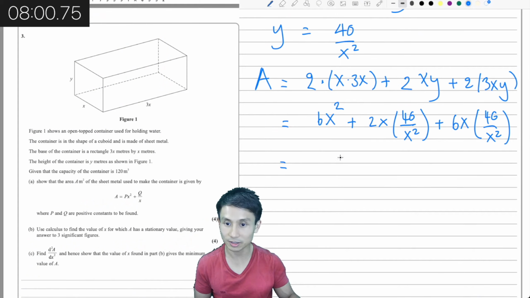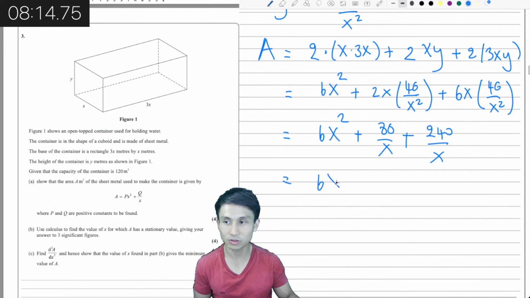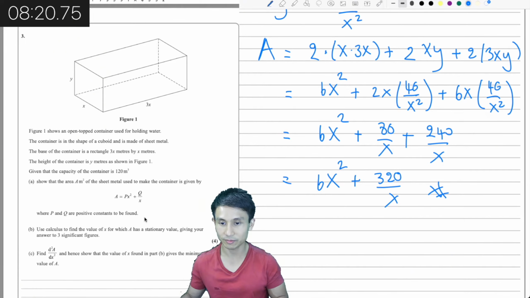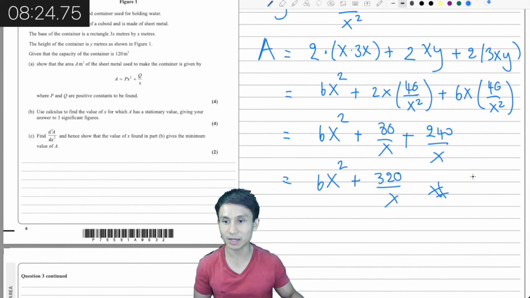So I get 6x squared. This is 1 over x, so it's 80 over x here, plus this is 240 also over x. That's why we got that. So this is 6x squared plus 320 over x as required. And then we're going to use calculus in B to find the value of x for which A has a